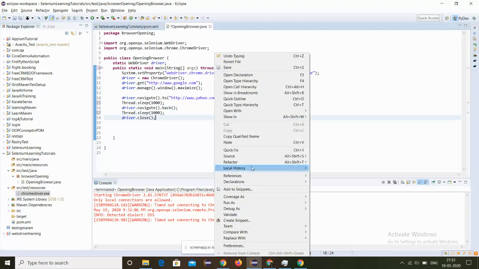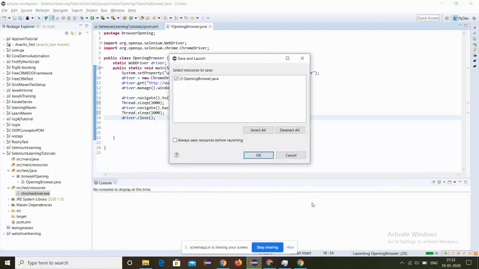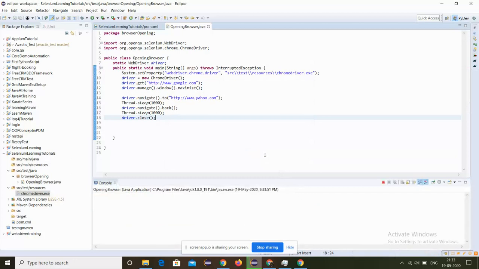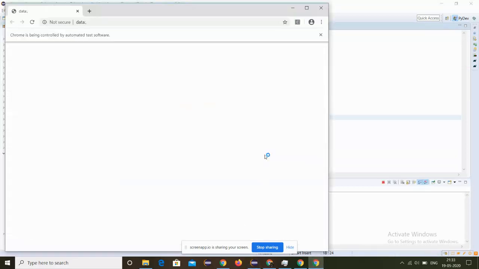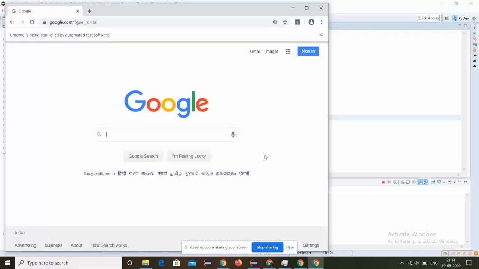Let's run it again so that you can see it opening the Google browser again. Execution has started. Okay, it has opened the browser. It will open the Google page and maximize the window.